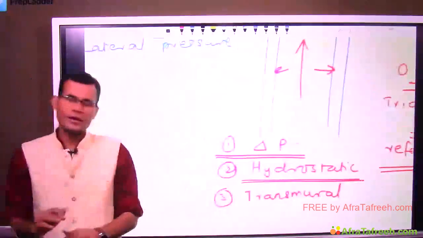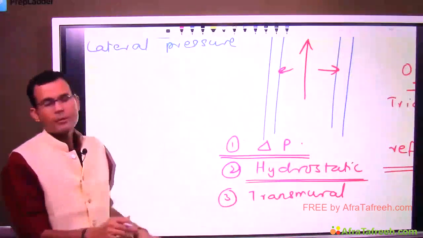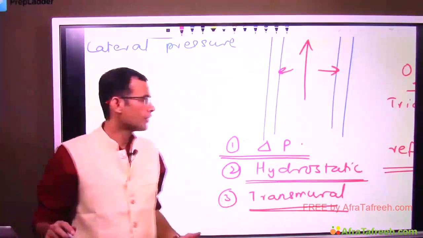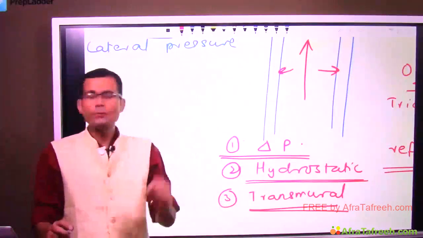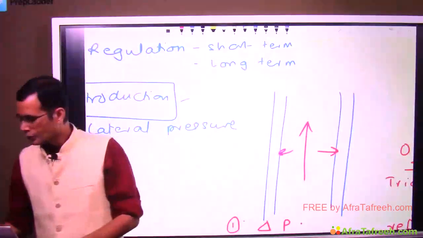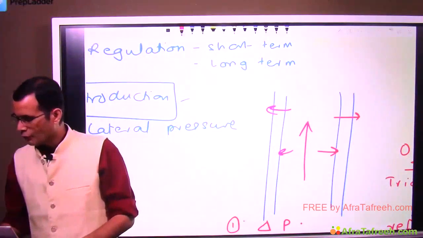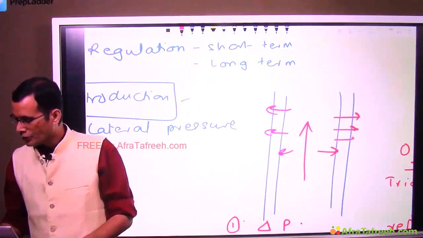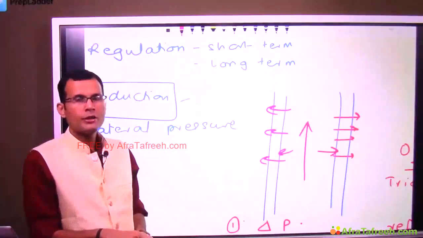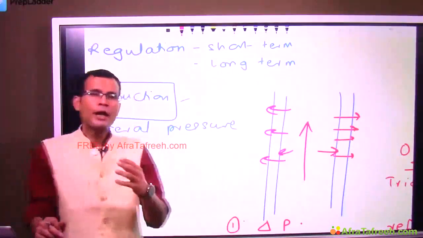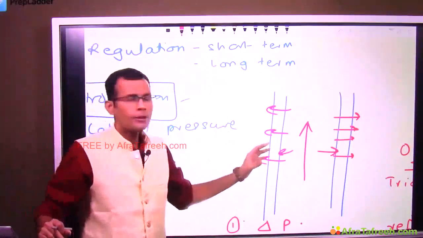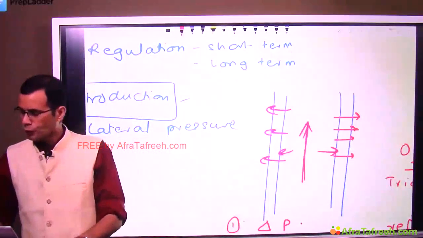So this is apart from the topic, but just remember this hydrostatic factor. And the third dimension to the pressure is transmural pressure, pressure across the vessel wall. So this is a vessel wall, and pressure across the vessel wall is the transmural pressure. These are the three dimensions, and just remember this, that when the pressure in the blood flow will be higher,